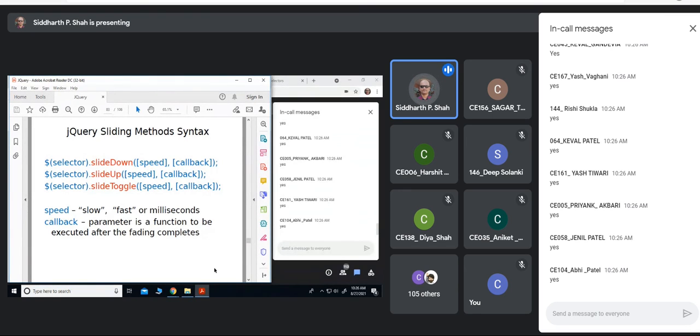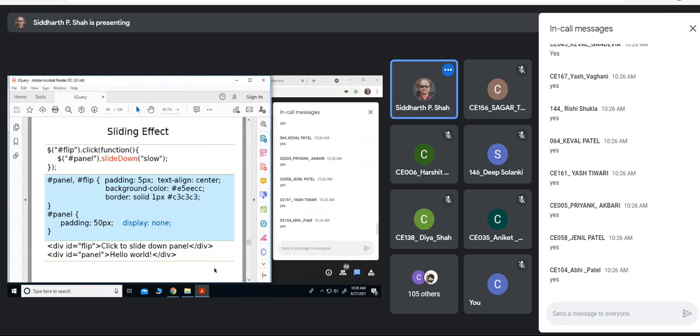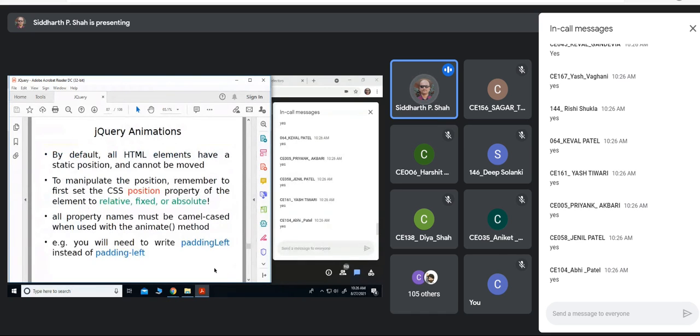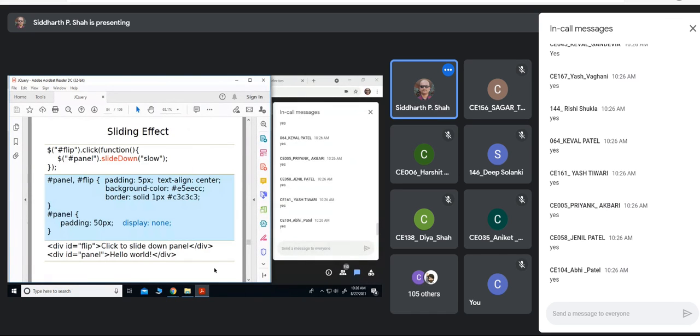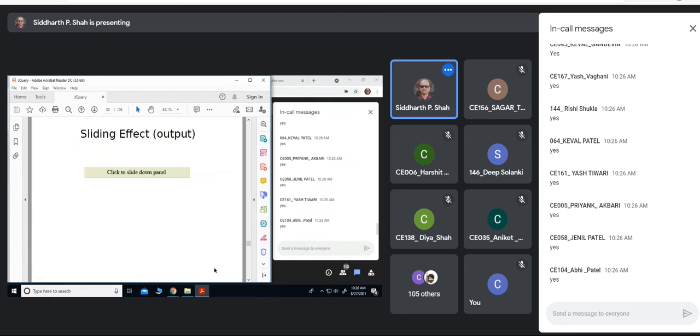It is going slide up or slide down. Let us take the slide toggle example if we have it. No, we don't have that example, but this is one slide down example. So you can understand what is slide down, what is slide up. I'm not going to show that example. I hope you understand that.